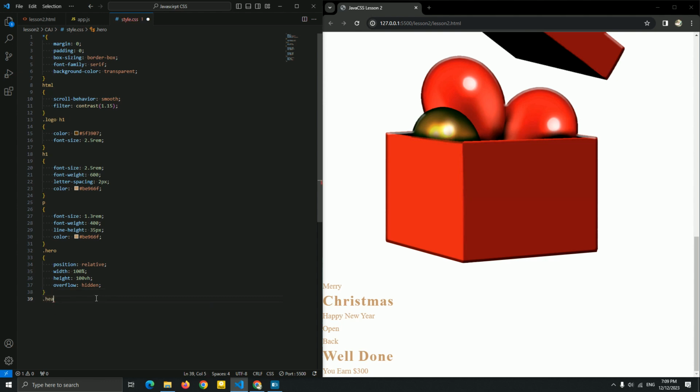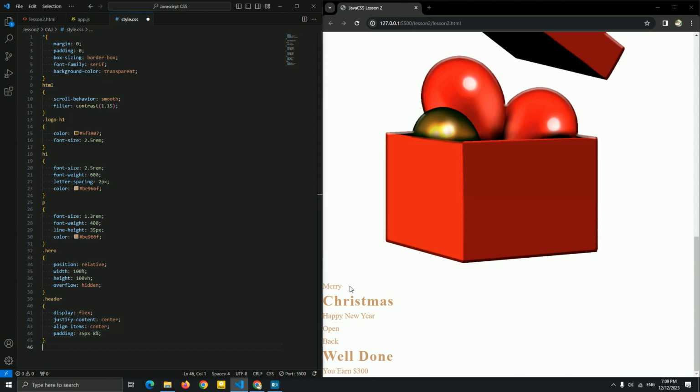Now let me add a header for my logo: display flex, justify-content center, align-items center, padding 8%.